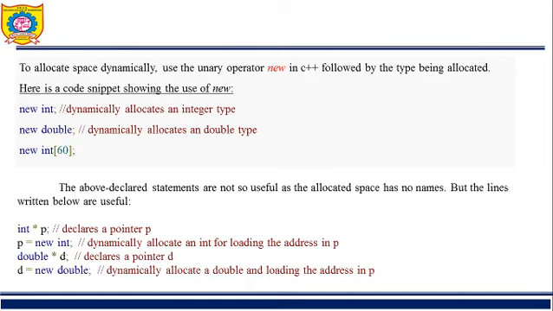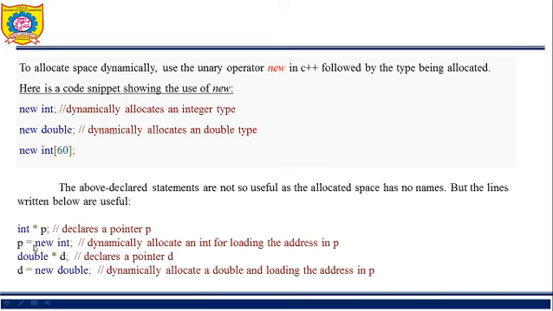So here we have created a dynamic memory space, but we have not held that address. So to hold that address we need a pointer variable. How to declare a pointer variable? Type of that variable, here we have taken integer, then the pointer variable name which holds the address.